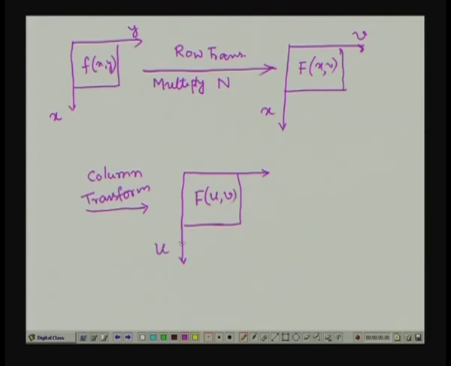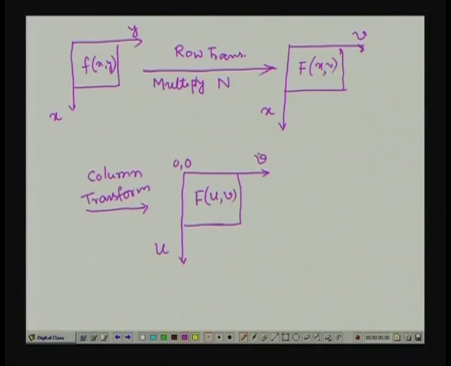So, this becomes my u axis, the frequency axis u, this becomes the frequency axis v, and of course, this is the origin 0 0. So, it shows that because of the separability property, now the implementation of the two-dimensional Fourier transformation has been simplified, because the two-dimensional Fourier transformation can now be implemented as two steps of one-dimensional Fourier transformation operations, and that is how we get this final Fourier transformation F(u,v) in the form of the sequence of one-dimensional Fourier